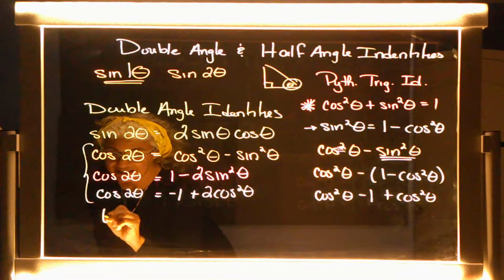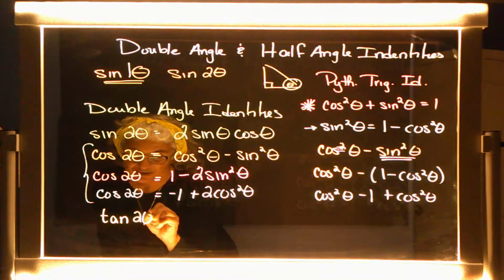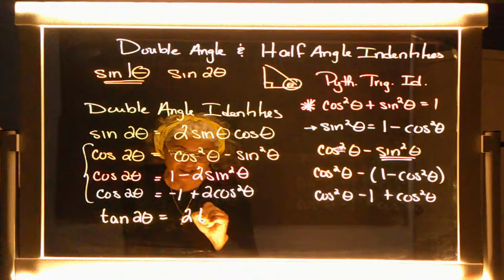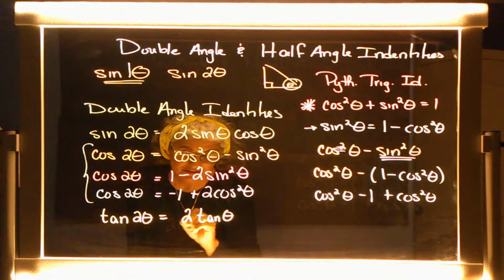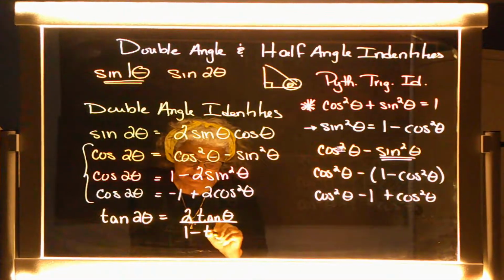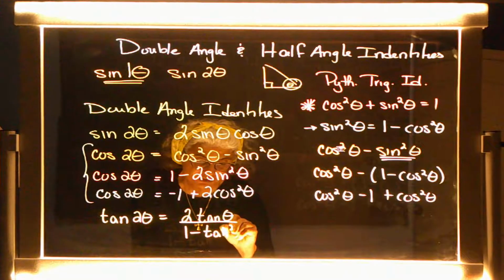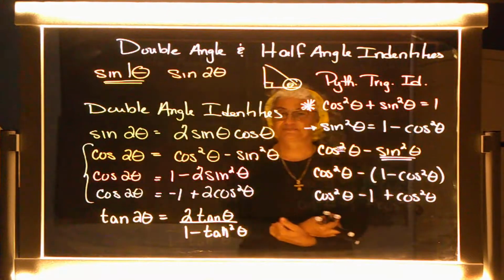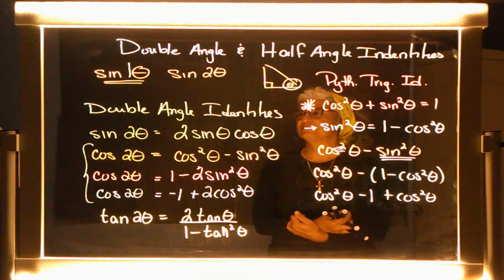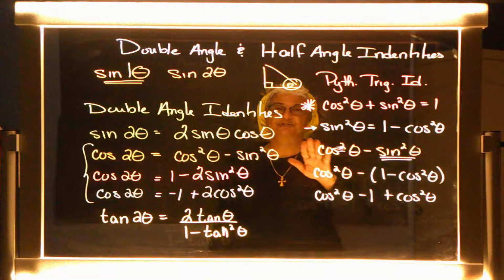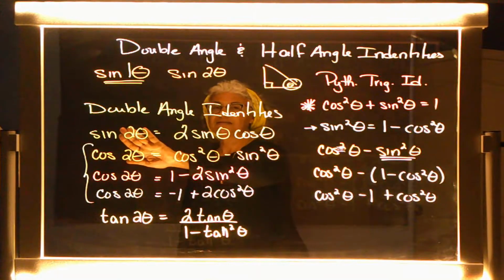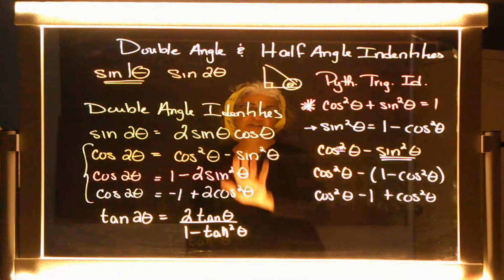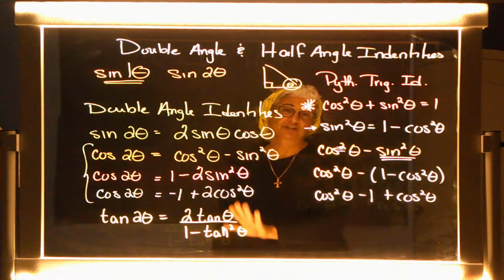Because we'll take the tangent of 2 theta, and I'm going to need to reduce that. And it reduces to 2 tangent of theta over 1 minus tangent squared theta. So the way to reduce sine, cosine, and tangent of 2 thetas are these particular reducing formulas, shall I say,